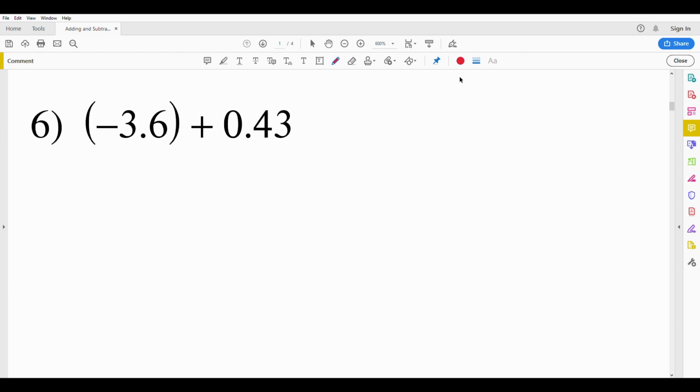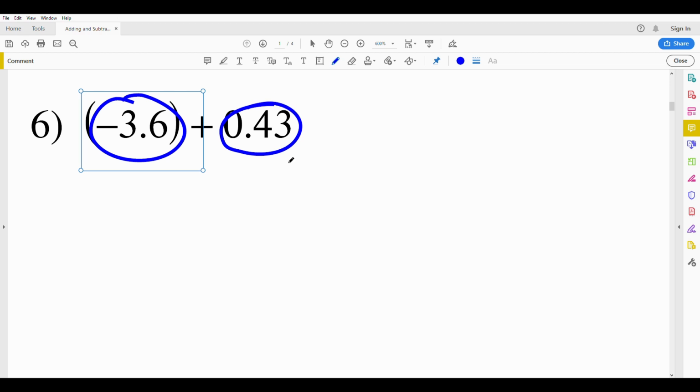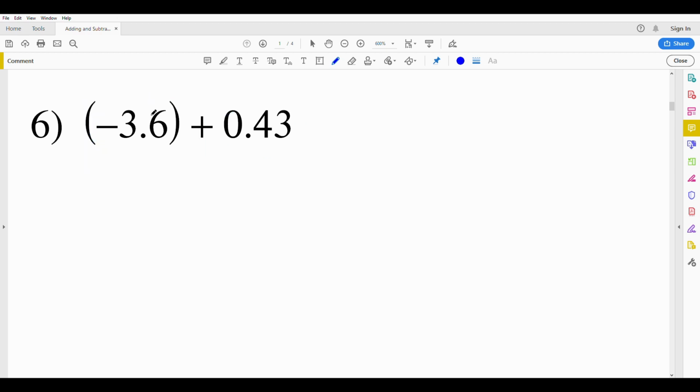In number 6, let's practice that tip we talked about. What's this number going to be? Positive or negative? Well, negative 3.6 is a greater distance away from 0 than 0.43. And we have a negative, and we're adding it to a positive. And because we're adding that to a positive, we can treat this with subtraction, remembering that our resulting number is negative. So we'll take the larger value, 3.6, and subtract